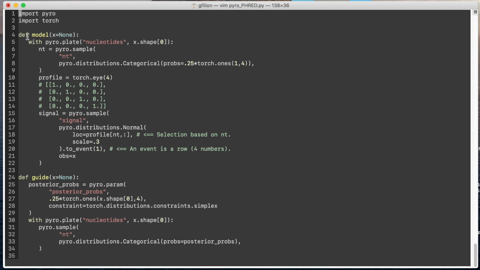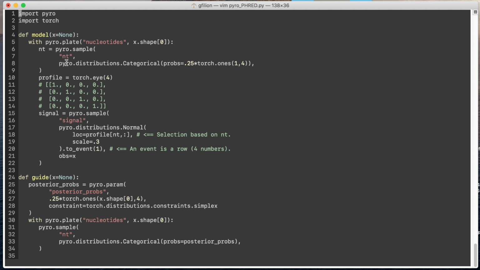We can see here that the model starts with a plate that is called nucleotides, which kind of gives the idea that we're going to decode every nucleotide independently of each other. And because there is no context outside the plate, this means that the nucleotides are truly independent and not just conditionally independent. The first pyro.sample statement here creates a variable or a parameter that is called nt, for nucleotide,